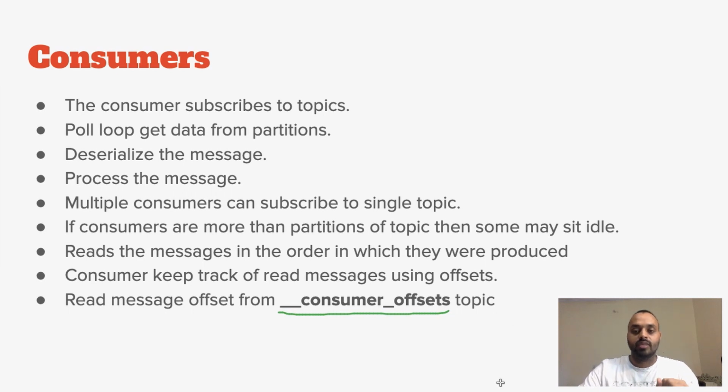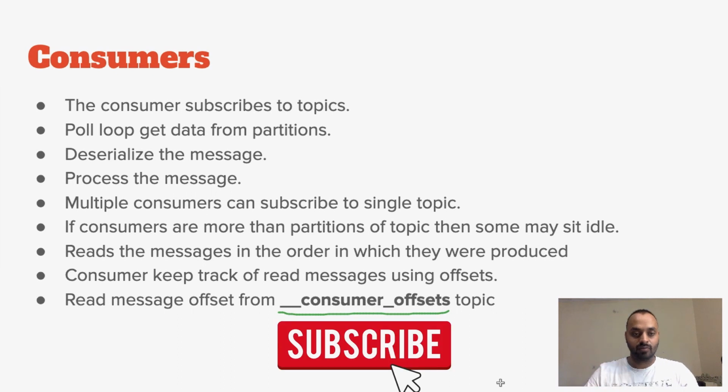Okay guys, I think that's all you need to know about a consumer. Consumers pull data from the Kafka topic, then deserialize it, then process it. For parallelization we add more and more consumers, and to add more consumers we need more partitions. Let's say we have 5 partitions, so we can have at most 5 consumers. If we need more parallelization, we have to increase the number of partitions, and after that we can increase the number of consumers.